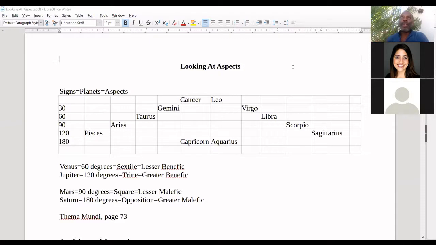They know that essentially I'm a classical astrologer, a traditional astrologer, and that ultimately what I'm trying to do with these workshops is to give you ways. You can be whatever kind of astrologer you want to be, but to give you ways to be able to enter the chart on your own. I think some of the things we've talked about, we've been able to figure out how to do. So we're going to start where we've been starting, which is with signs and planets, and how signs and planets signify aspects, because they actually do.